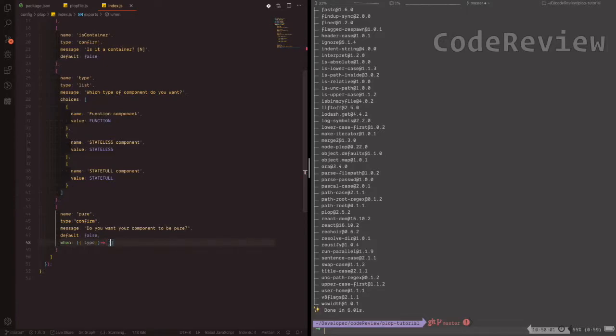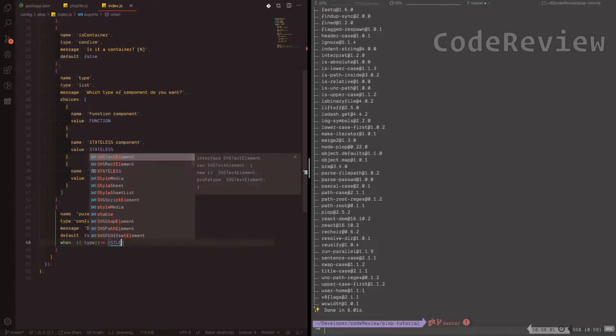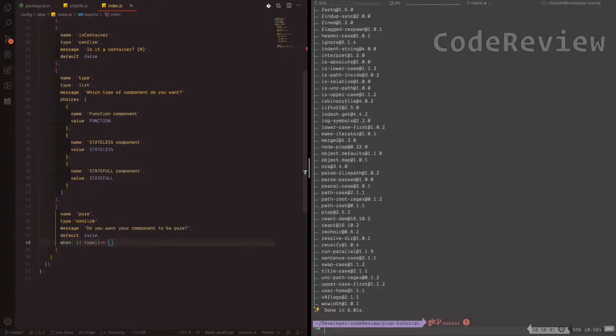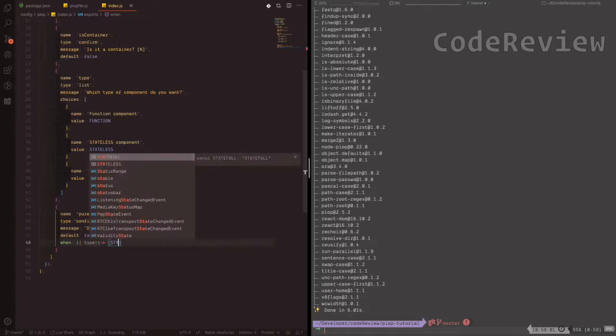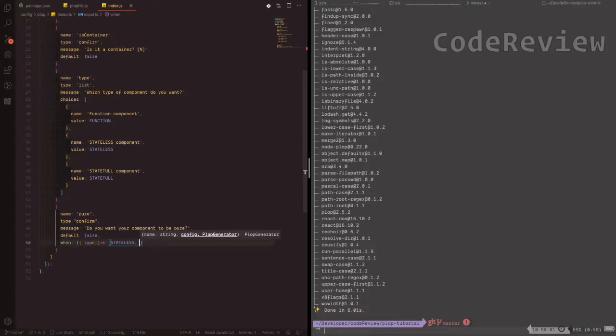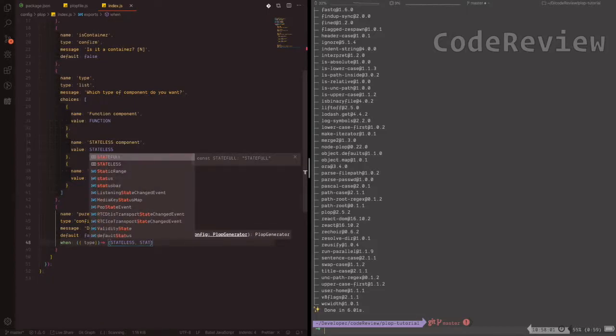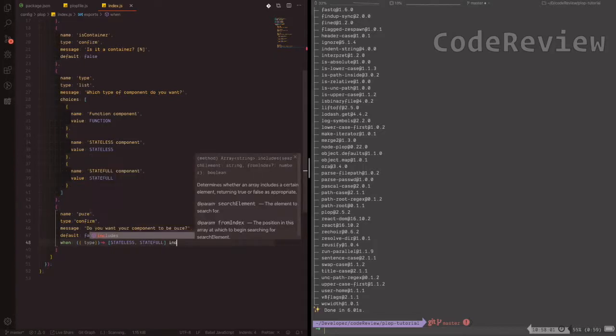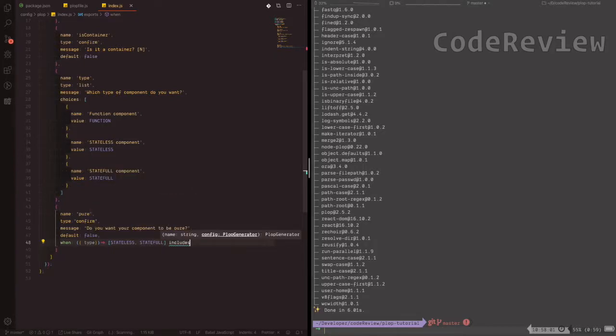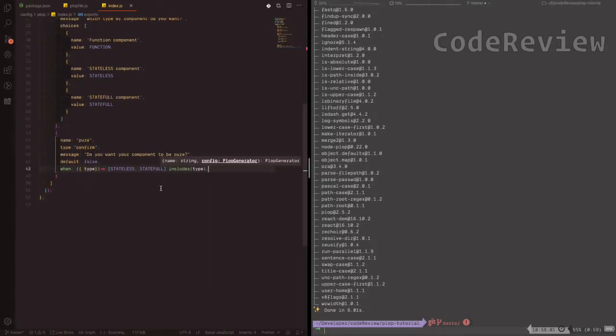So I will say, okay, if stateless or fun or stateful includes my type, and that will make sure if these include my type by array. Now I will go to another one,